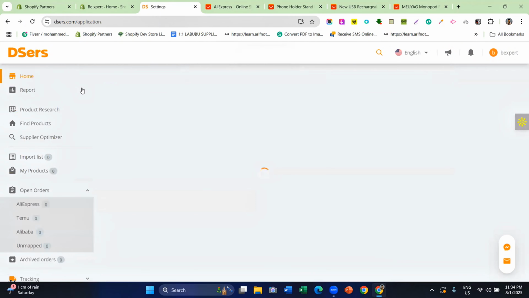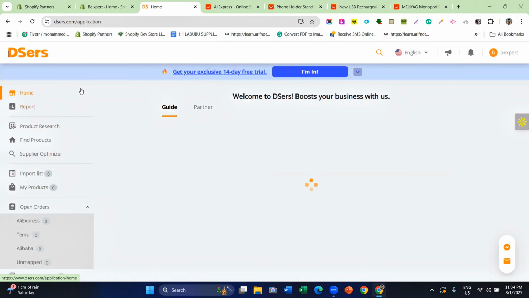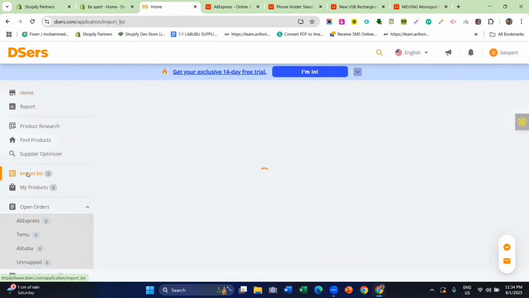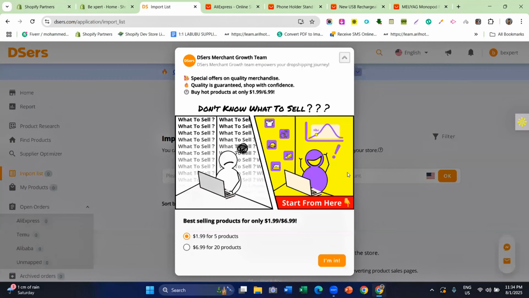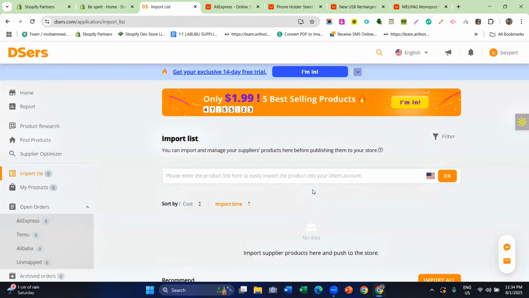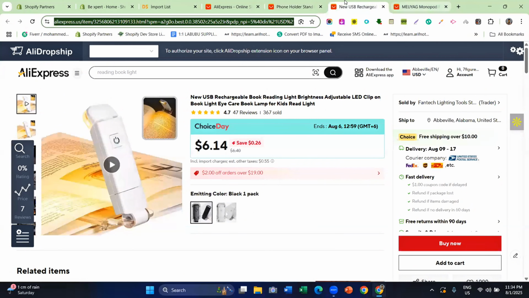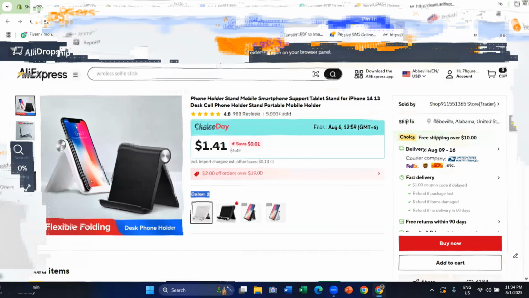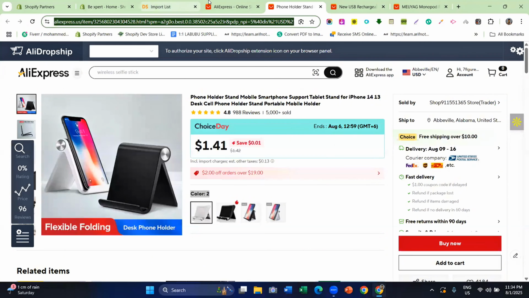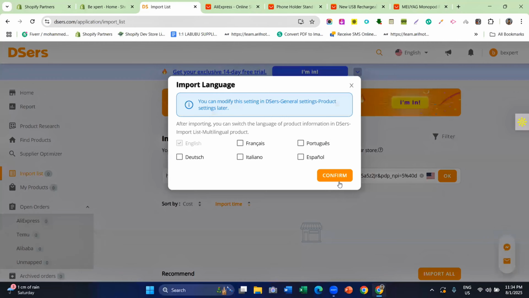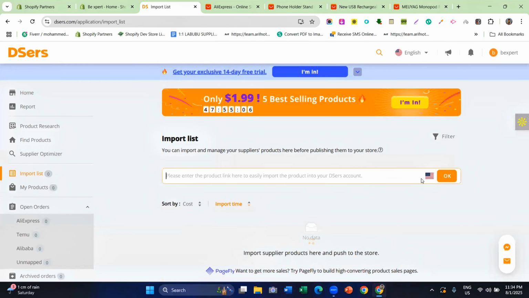And then if we go back to our importing process, for importing the products, we need to go to the import list. From the import list, you will see all of your imported products, but at this moment you can see I have no data. So these 3 products I am going to add to my store. This is pretty simple. You just need to copy this URL of the product and then paste it here and then click OK. Also, you can select the country